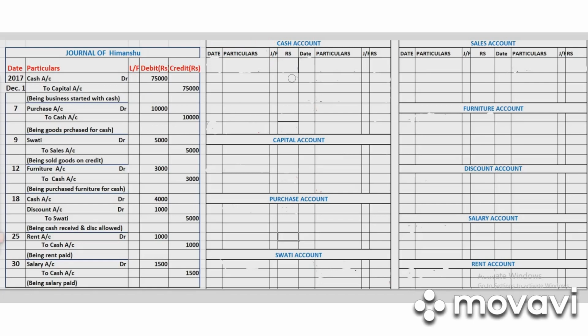Now we can do this posting in two ways. You can prepare all the accounts in advance, then start writing each and every entry in the accounts one by one. Otherwise, you can go account by account. First you can prepare the cash account: you go through all the journal entries, pick up all the cash account entries and put them in the cash account. After completing the cash account, you prepare the capital account, then after completing the capital account you do the other accounts like that. Okay, so either at a time